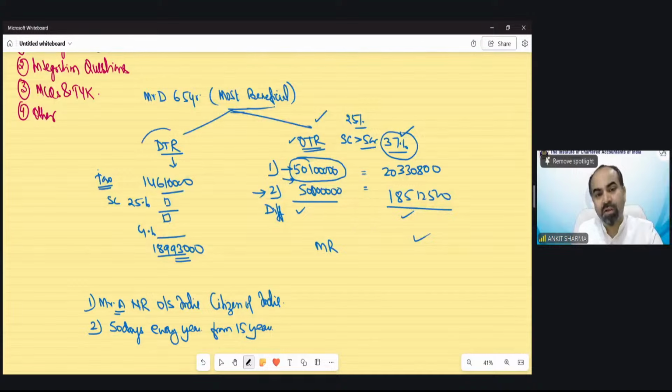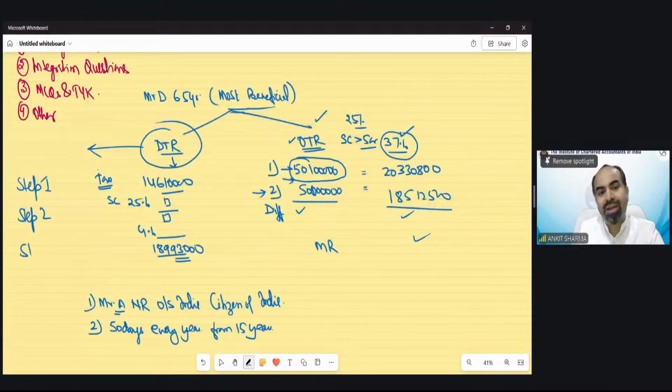So in this default tax regime, you can solve it as per the marginal relief concept. You can take step number 1, step number 2, and then step number 3, and then find out the difference. The difference of tax would not be higher than the difference of income. Next is